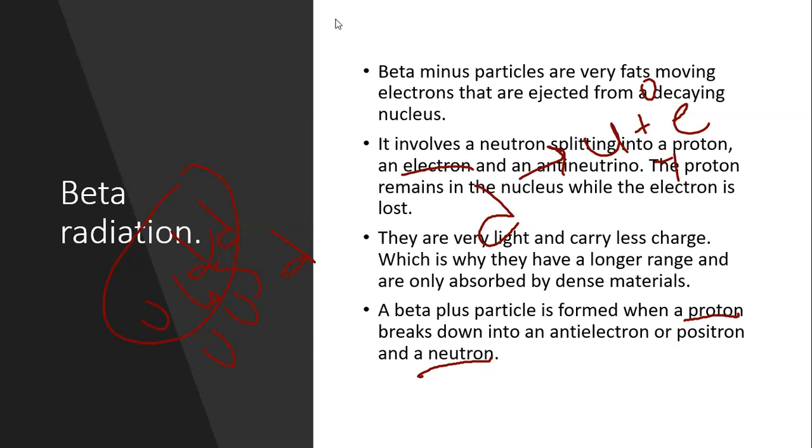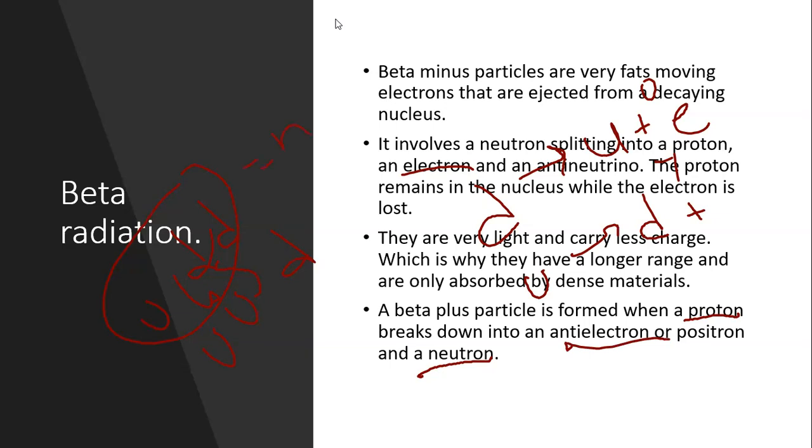This is what you would see in beta minus decay. In beta plus decay, you would see that the up quark is turning into the down quark, and over here we won't have an electron, we will have an anti-electron or a positron. So now you can see that what we studied about quarks, you can see it over here in your topic of beta decay.